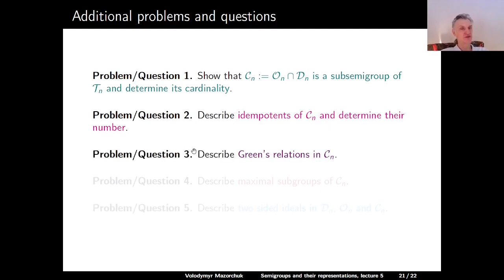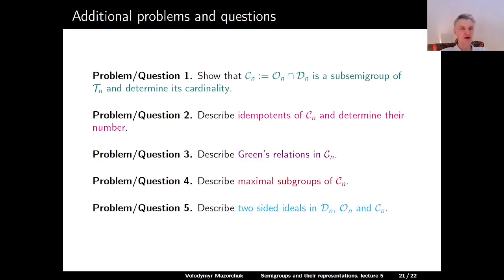Problem question 3. Describe Green's relations in Cn. Problem question 4, describe maximal subgroups of Cn. And problem question 5, describe two-sided ideals in